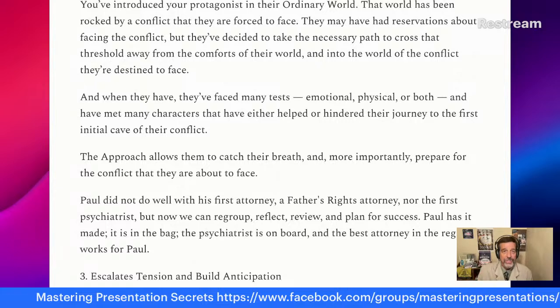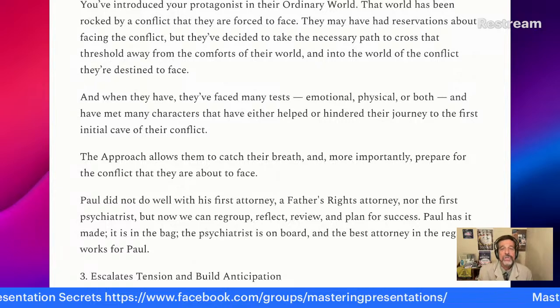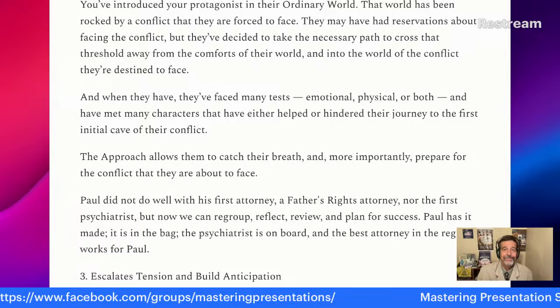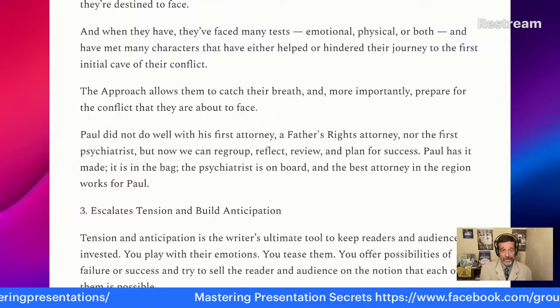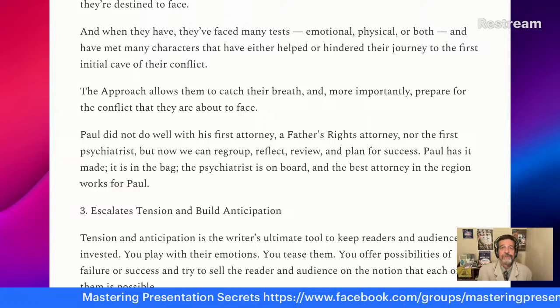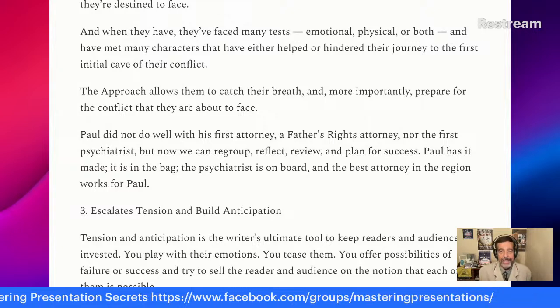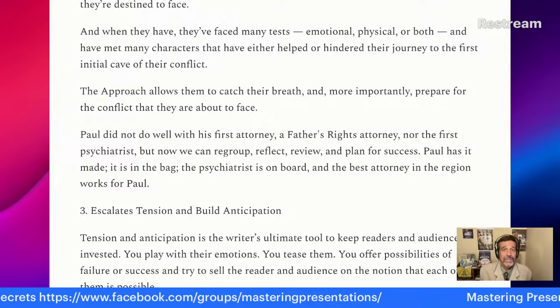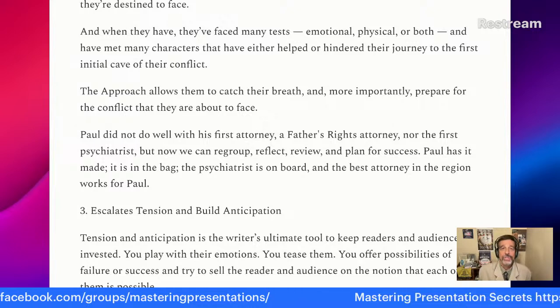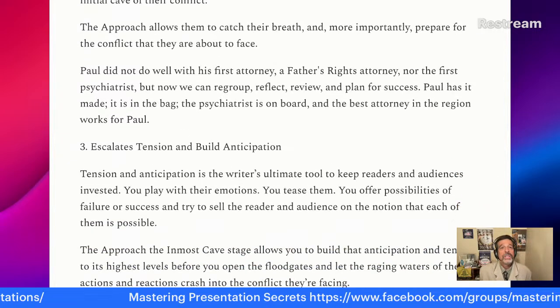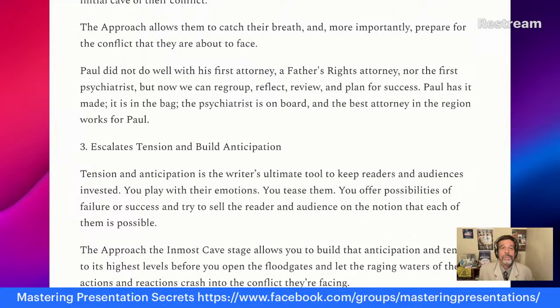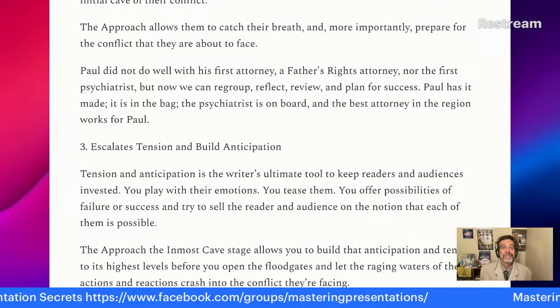They cross the threshold away from the comforts of their world and into the world of conflict, the special world, and they're now destined to face. They've had a lot of tests, emotional, physical, or some combination. And they've met many characters that either helped or hindered their journey to the first initial cave of their conflict. The approach allows them to catch their breath and, more importantly, prepare for the conflict they're about to face.